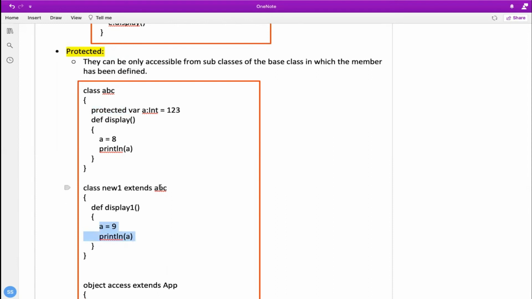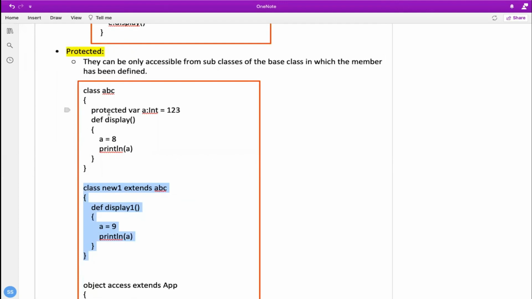We are actually extending ABC so that we are able to access that variable outside the class as well when it is protected. So in case of the protected modifier, the variables or the members can also be accessed by subclasses as well. So you can access these modifiers within the class. Okay, as you are able to see, we are accessing this modifier within the class, and even outside of the class with just one constraint, that that class should extend that particular previous class.